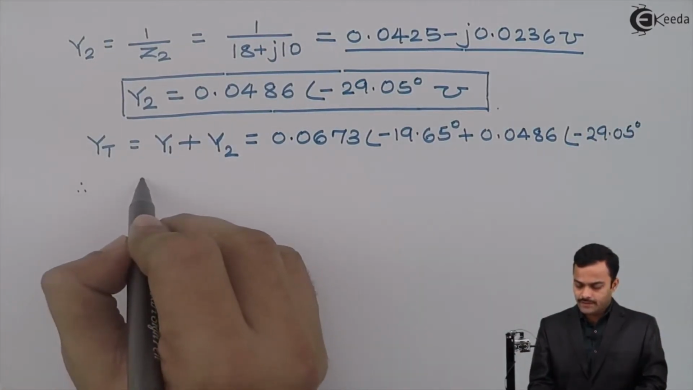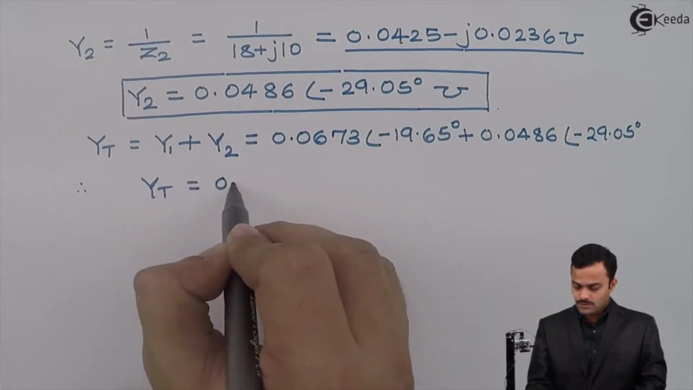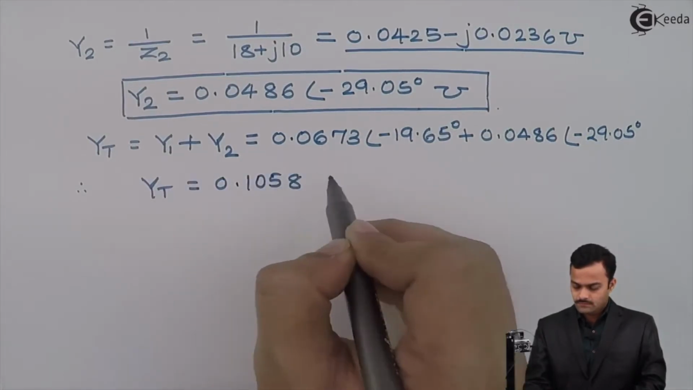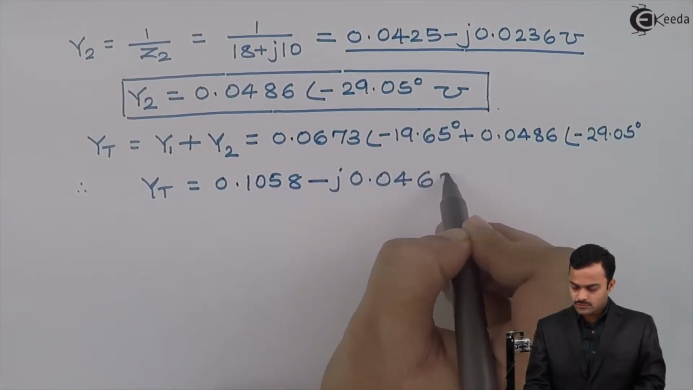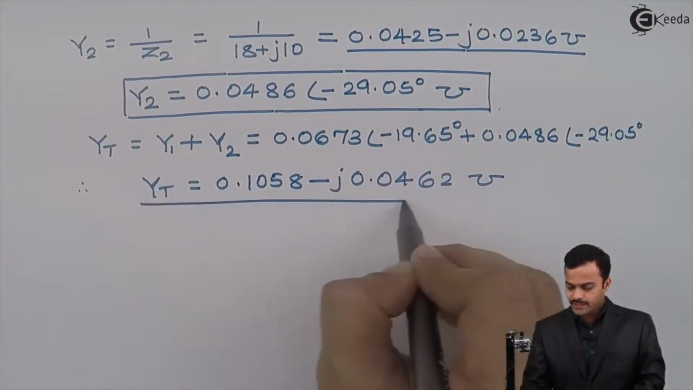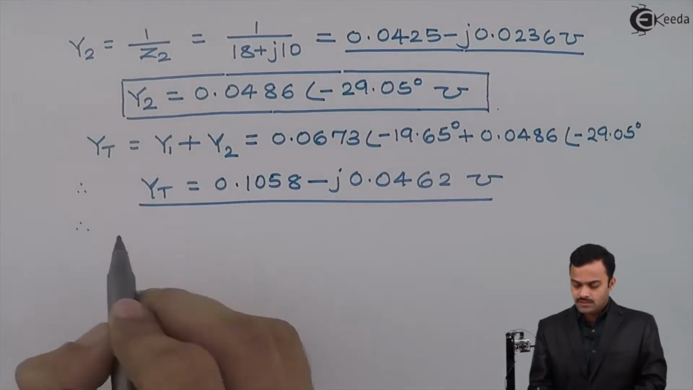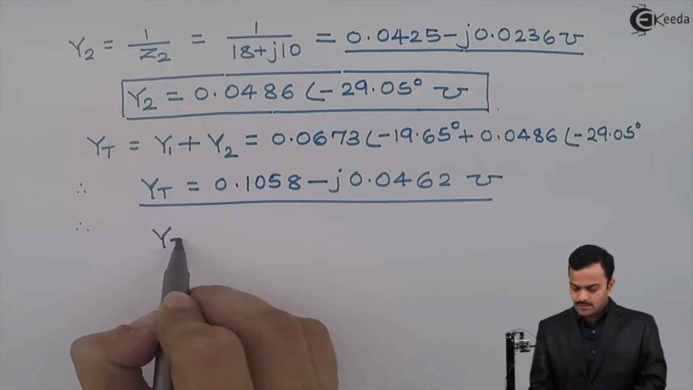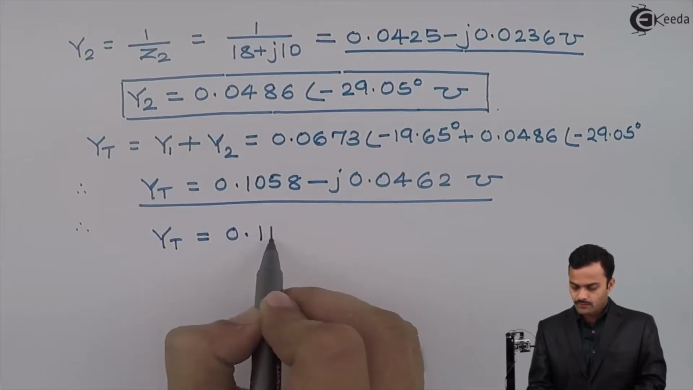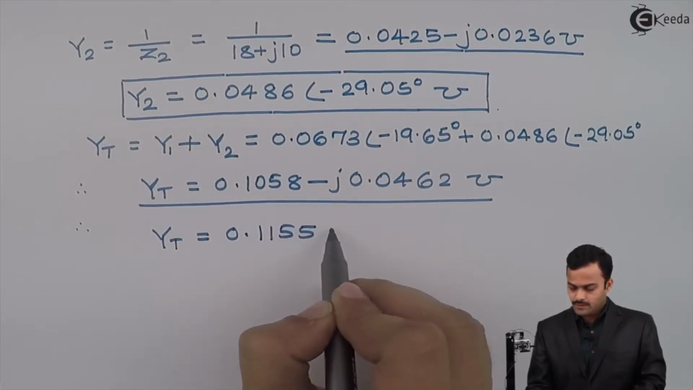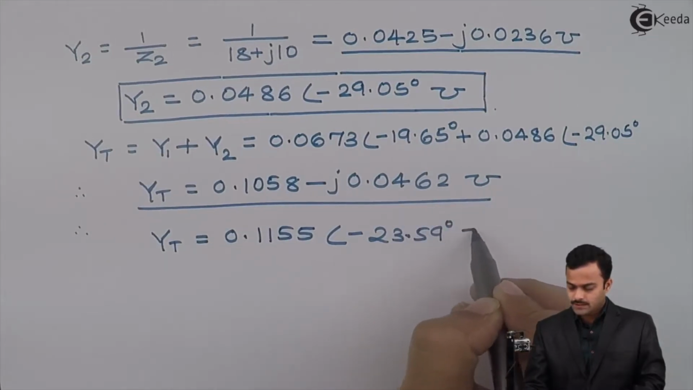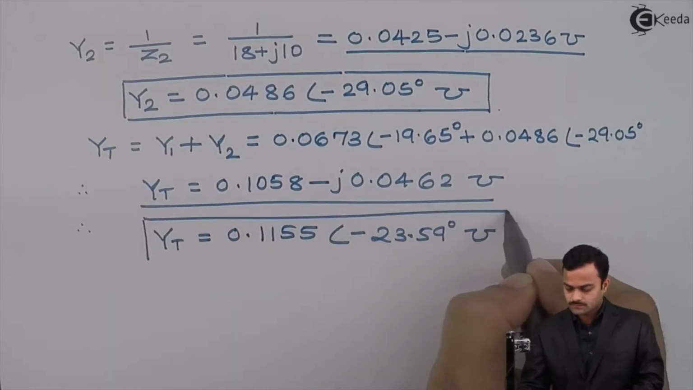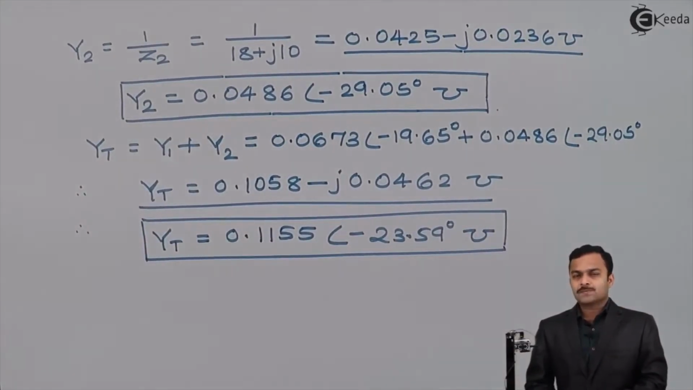If we solve, I will get YT equal to 0.1058 minus j0.0462 mho. In rectangular form, this will be the value. In polar form, total admittance equals 0.1155 at an angle minus 23.59 degree, unit is mho. So the first part of the problem is over. Let's go to the second part,